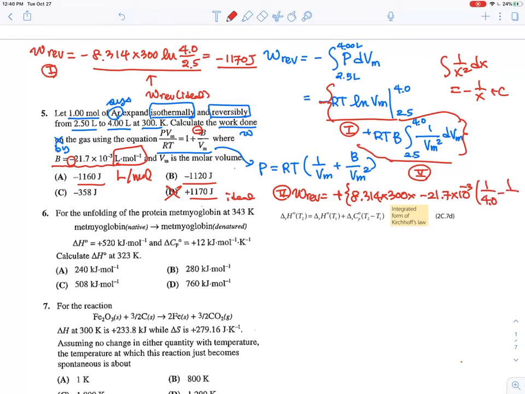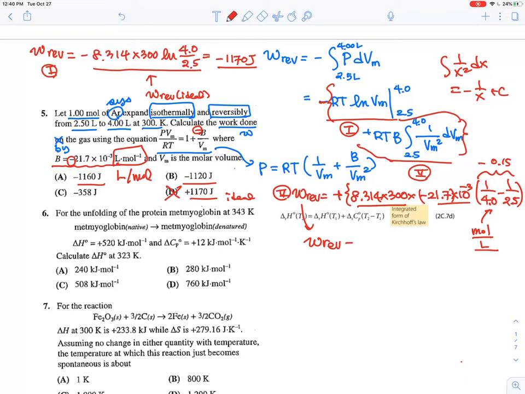And now I need to do the 4.0 minus 2.5, and this is essentially in the unit of mole per liter, right? So these two units are canceled out, and these units are canceled out, so I don't have to worry about those unit conversions. And so I plug those numbers in, and this number itself is negative, so it is minus 0.15 mole per liter, and if you multiply all of them, then you will find out that